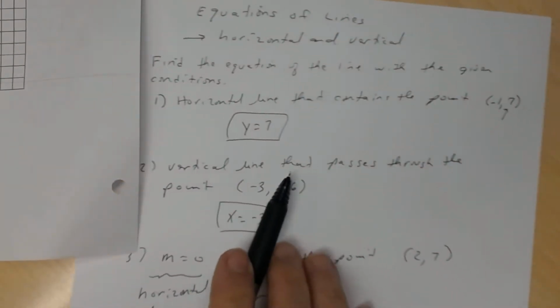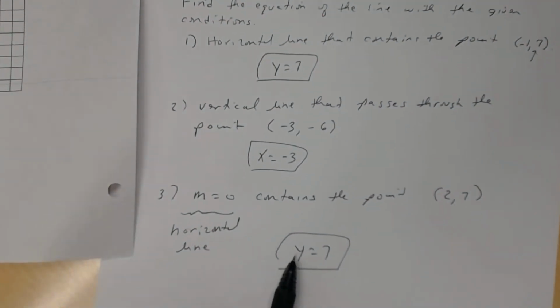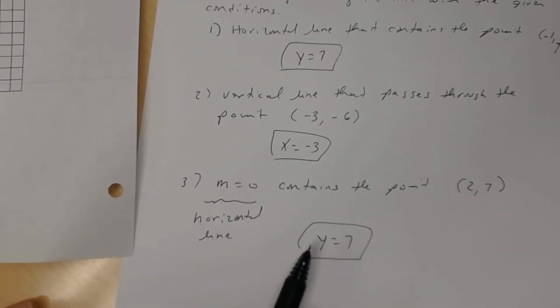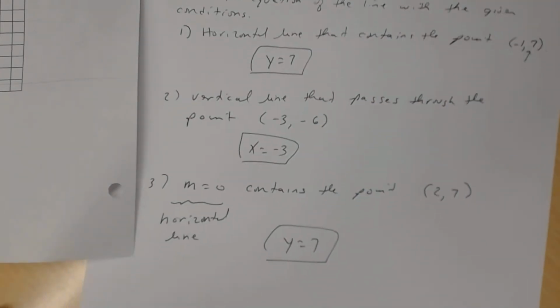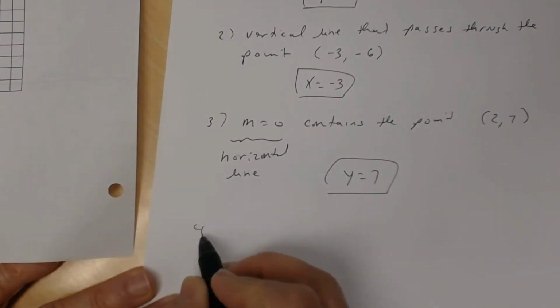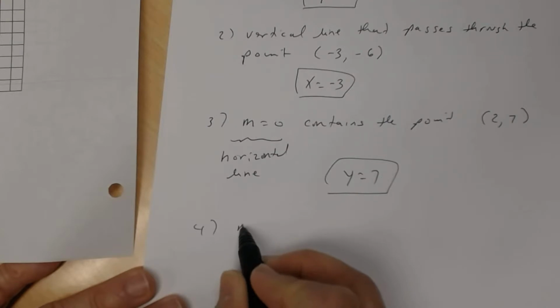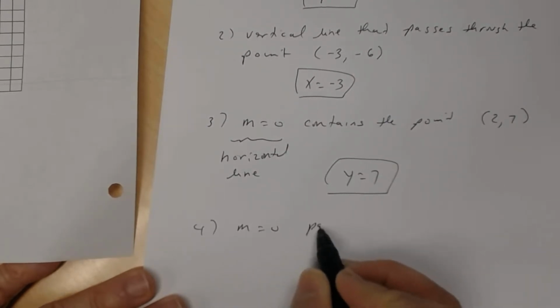Alright, now I didn't mean it to be the same as this one, but it is. So the same answer. The point's different, but the y-coordinates were the same, so that's why you get the same answer. So if I had said, number 4, if I had said the slope is 0, and again it passes through the point,